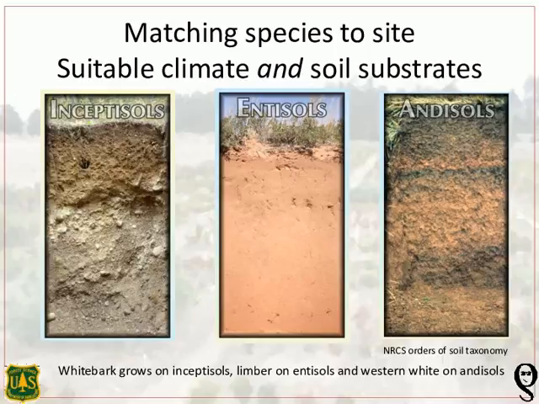And if we go back to the silvics of each of our five-needle pines in this area, whitebark grows on inceptisols, limber on aridisols, and western white pine on ash caps or andisols. So this may have far-reaching implications for our assisted migration, naturally or facilitated, on where we match species to site. And perhaps some of the recent failures in assisted migration with whitebark could be, even though they had suitable future climate space, they didn't necessarily have a suitable substrate.